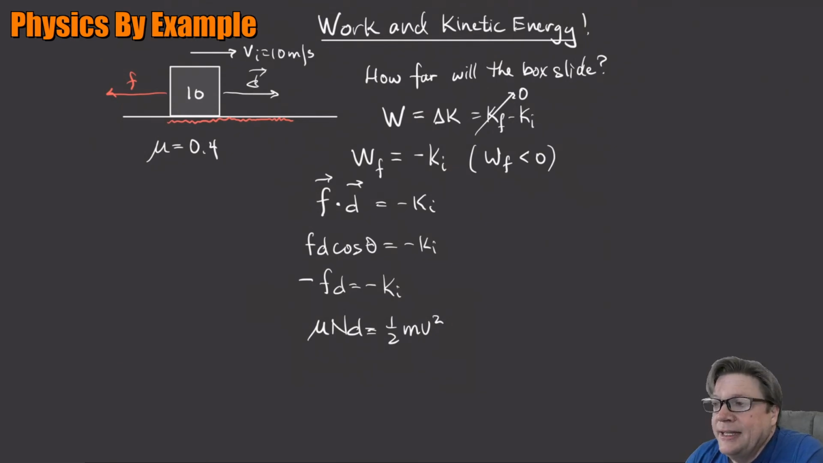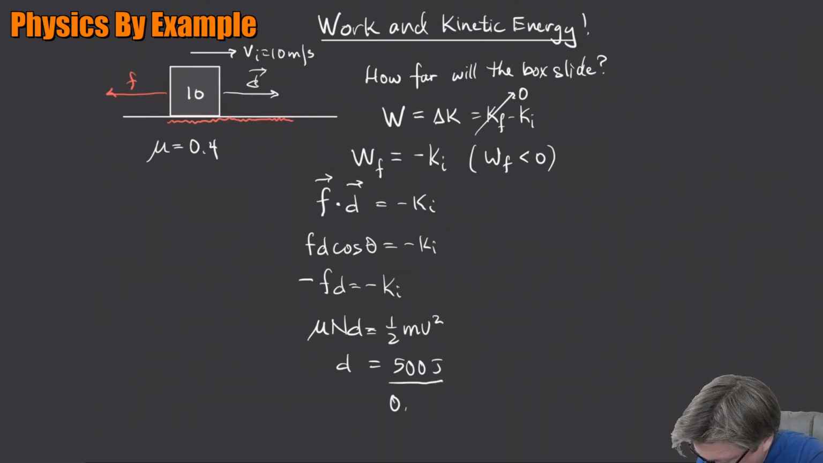So let's see. What is the initial energy? 1/2 m. M is 10. V is 10. So it looks like that's going to be 500 joules is the energy we start off with. And we're looking for D, right? So D is going to be this 500 joules divided by 0.4 times the weight. What is the weight? Mg. And the normal force is just going to be mg in this case. So that's 100. So that's 500 divided by 40,